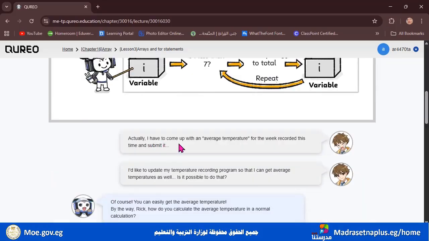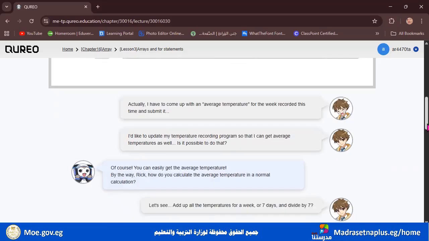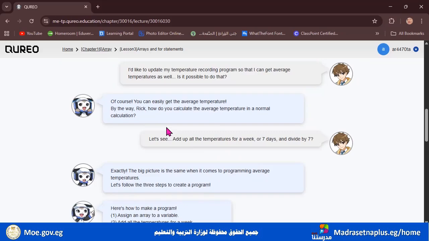Actually, I have to come up with an average temperature for the week recorded this time and submitted. I'd like to update my temperature recording program so that I can get average temperatures as well. Is it possible to do that? Of course, you can easily get the average temperature.